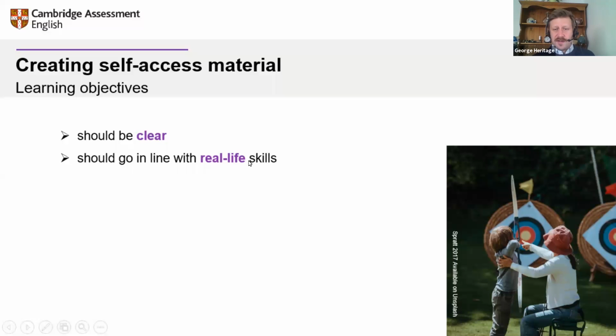They should, as far as possible, go in line with real life skills. The learning needs to be meaningful for our students, which I think makes it more successful. But students need to see a clear connection between what they learn and what they actually need to be able to communicate in real life outside the classroom.